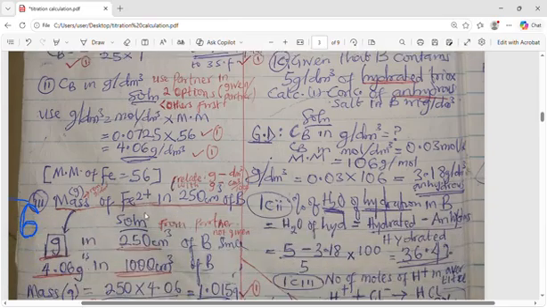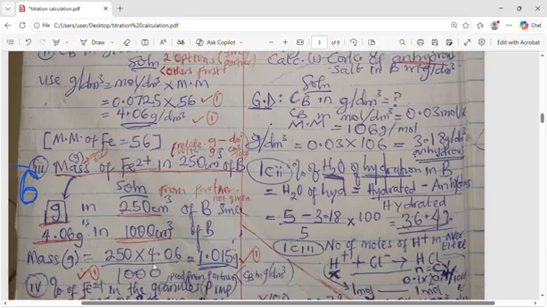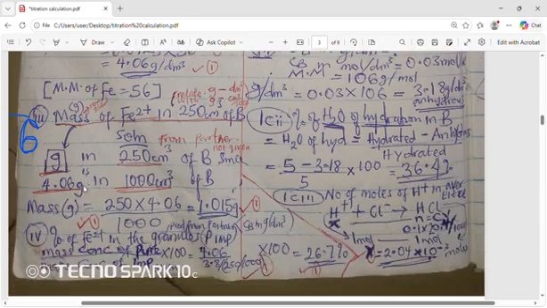Then the third one, find the mass of iron 2 ion in 250 cm³ of B. I said that earlier, that if they say find mass, you put g there, grams unknown. So in 250, that means equal to 250 cm³. So from that gram and cm³, remember grams per dm³. So you bring the grams per dm³ that is here, which is 4.06 grams per dm³,